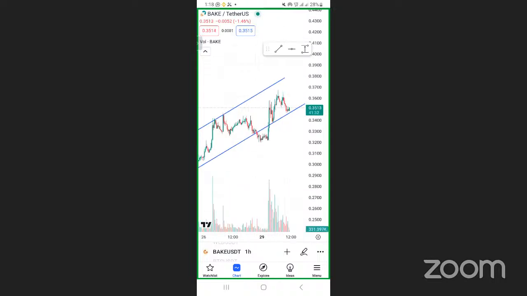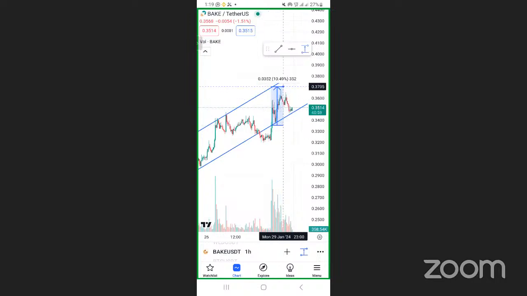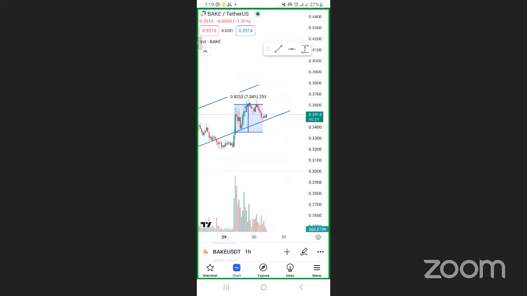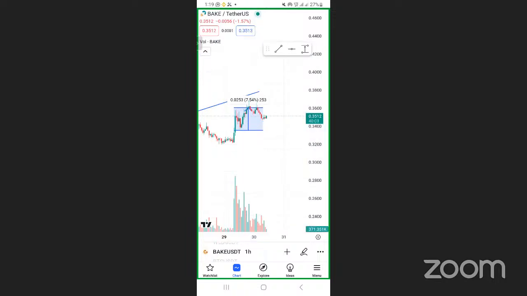If you are targeting the upper line, okay, let's say you're not interested in this, you would even make 7% from here on this candle. On this candle, that confirms. This is 1 hour, 2 hours, 3 hours, 4 hours, 5, 6, 7, 8, 9, 10. In 10 hours, you would have made the 7%. You get it? So trading is as simple as that.